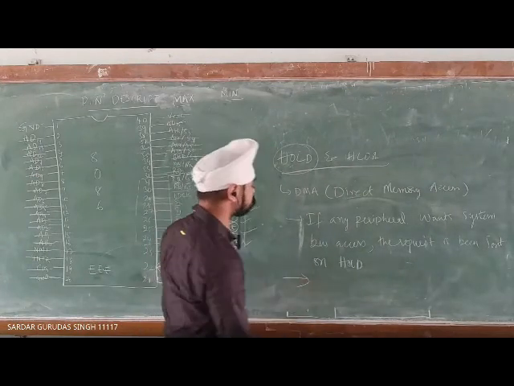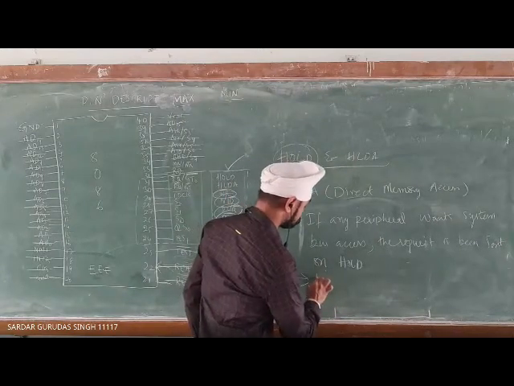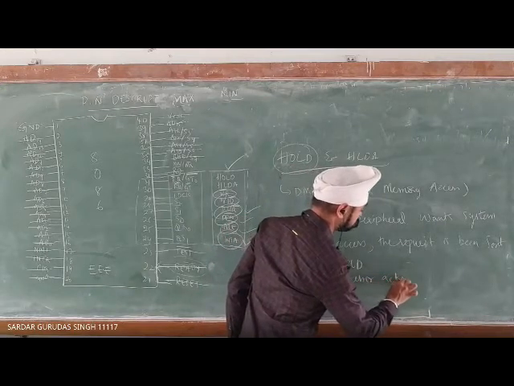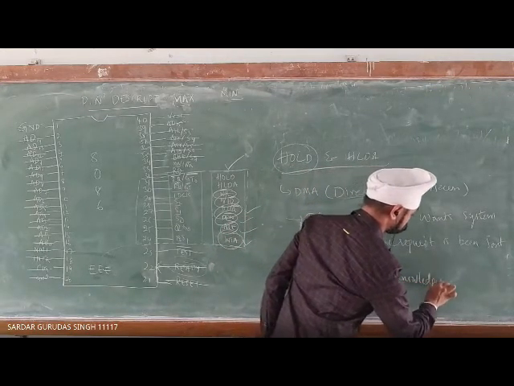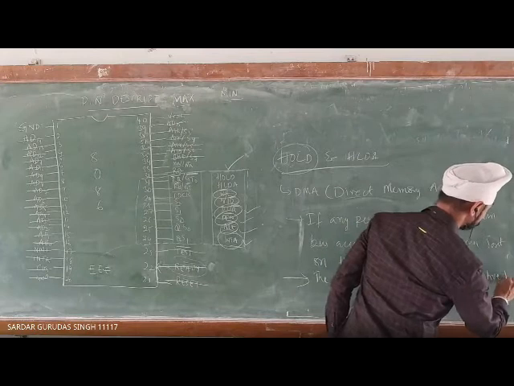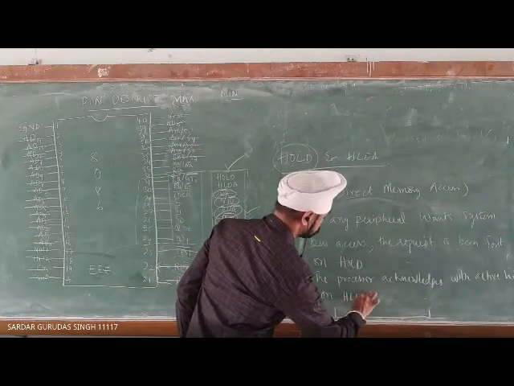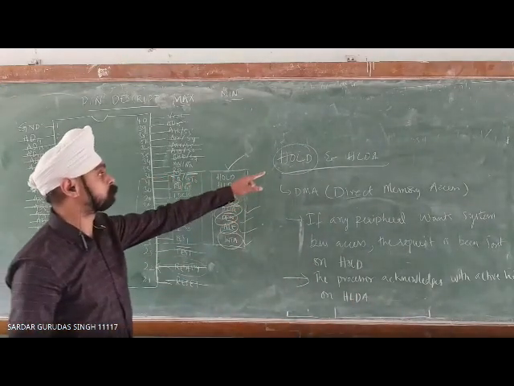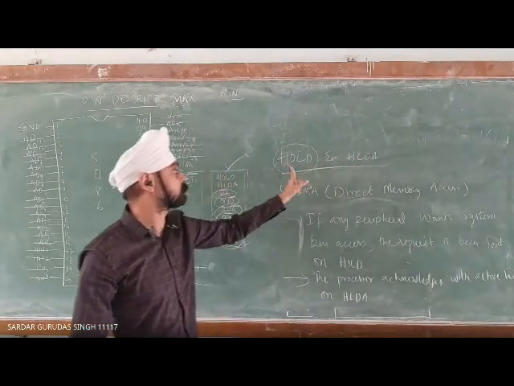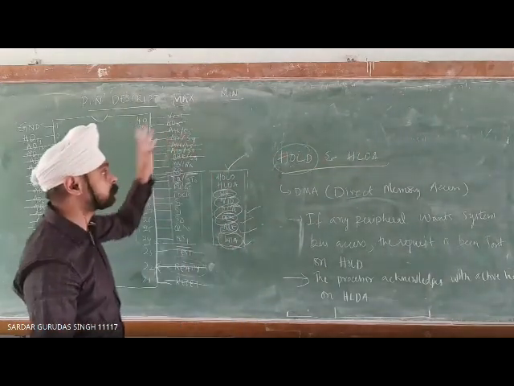If the processor is ready to give the system bus, then again the processor will send an acknowledgement with an active high signal on HLDA. Okay. If your processor is ready to give the system bus, in the sense it is accepting the request, so it will send an HLDA to that particular peripheral.